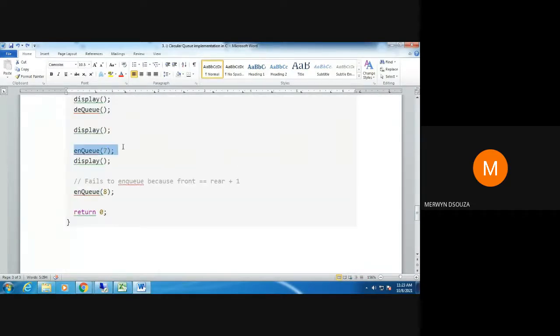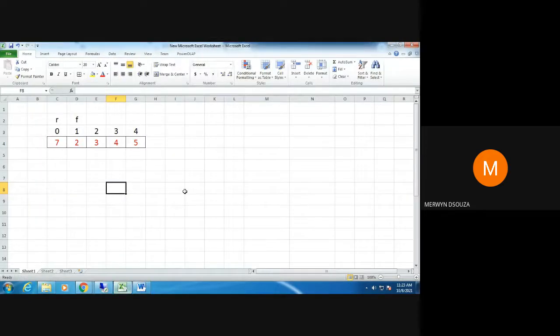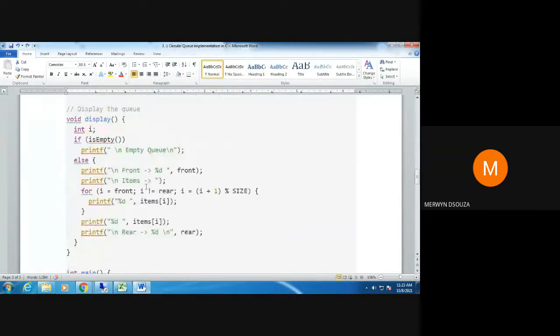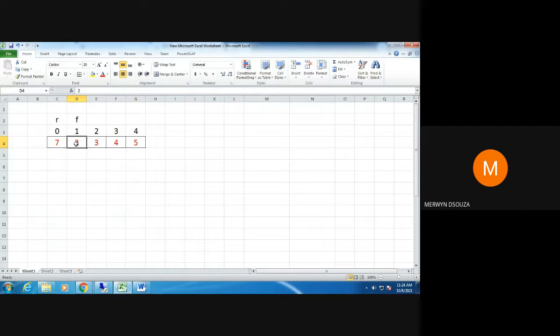Then you print that the element that you inserted was 7. So I enqueued 7. Then I display all these values. Again, you start displaying from front. So first you display 2, then 3, then 4, then 5, and when you reach the end you have to come back to the starting because your rear is here.